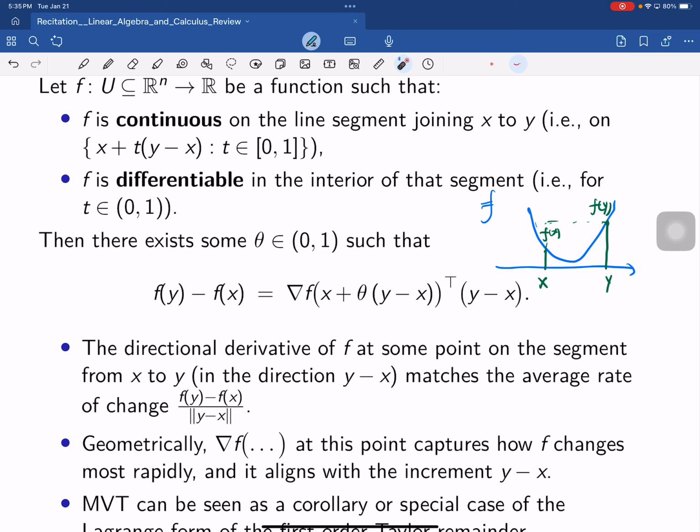On the left-hand side, on the right-hand side, let's first ignore this term. Just consider x and y, right? So I want to multiply y minus x by a slope such that y minus x times this slope equals the change in the function value, right? So you know that this slope should be,